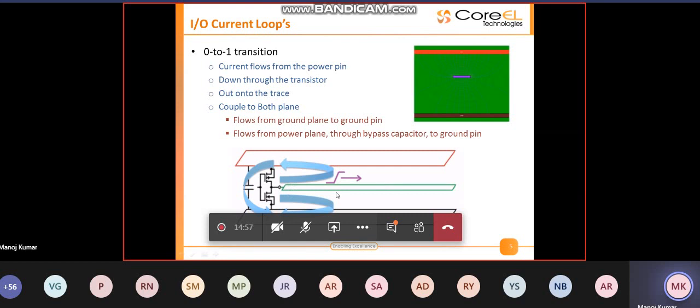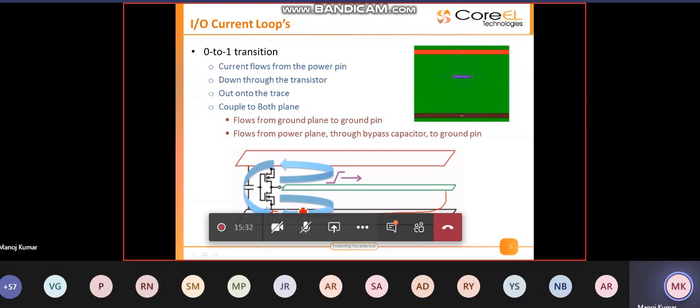A transmission line will start coupling electromagnetic field to the nearest power planes and ground planes. Your signal goes to a receiver point, and from the receiver down to the ground plane, and then from the ground plane it goes back to the ground pin.